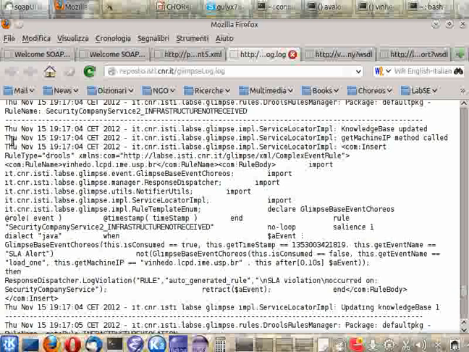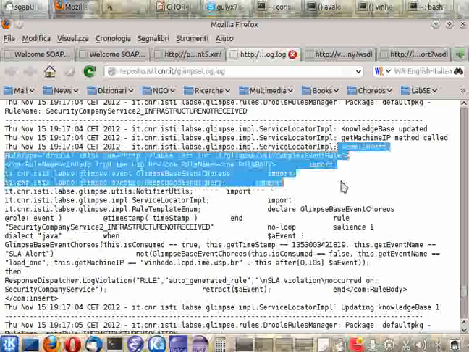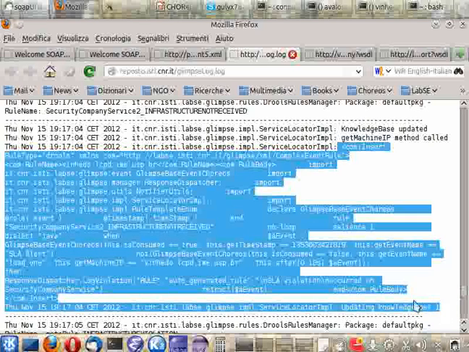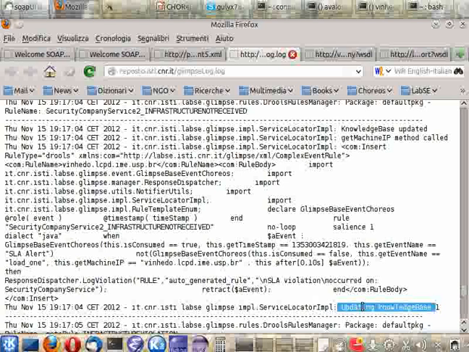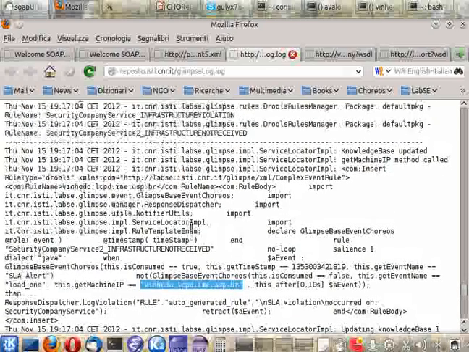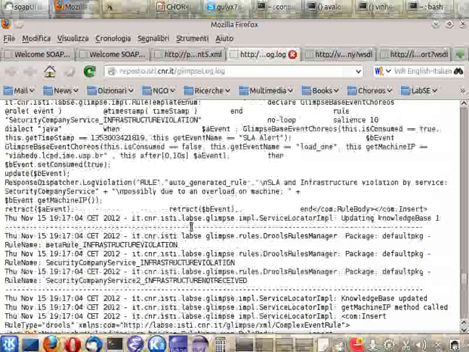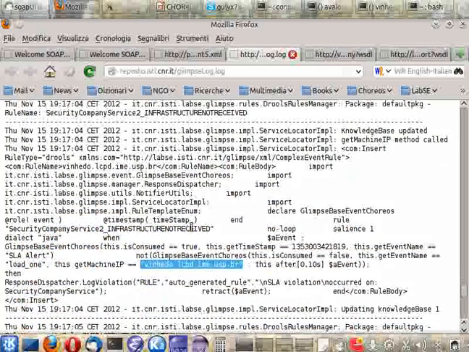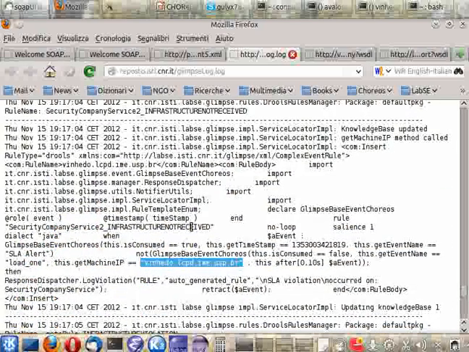So in this case, this is the other rule that has been inserted into the knowledge base, and it predicates on the machine Vigneto and on the security company service.